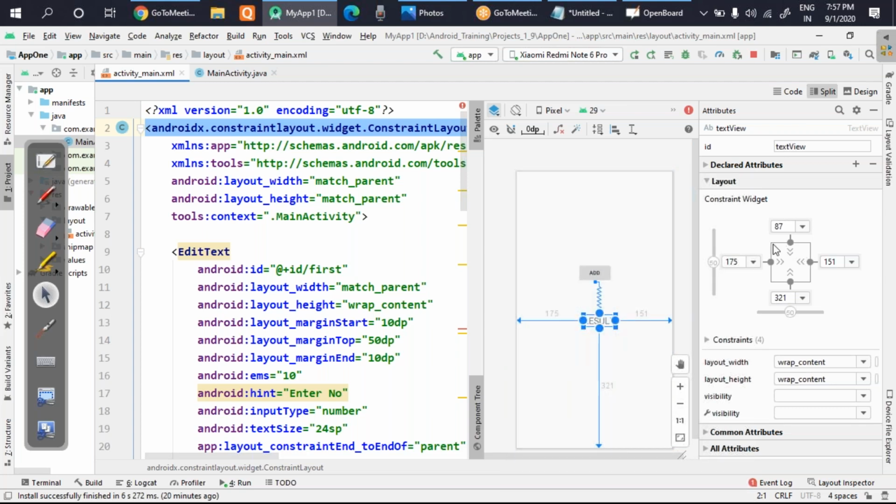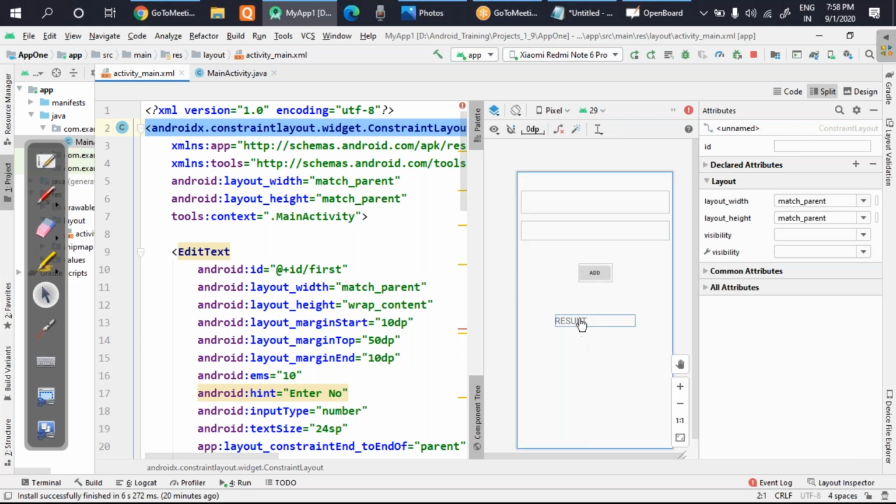Now, once this is done, you can see the result is not visible here because it is wrap content. If you click this, you can see the size is too much. What I will do is reduce this one and mark it as like 100. Then you can see it is moving this side. And on this side also, if I keep it like 100, it can come in the middle. It is now max constraint, so it will be okay. You can see the result is visible to you.